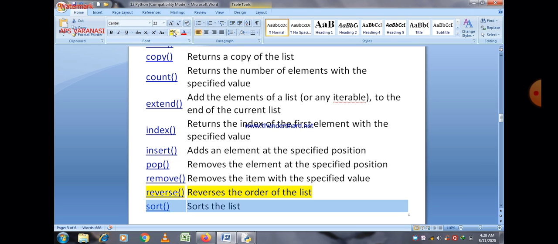By default it is in ascending order, and if you want to change to descending order, that is also possible. So let us try to execute some programs based on these functions: reverse method and sort method.